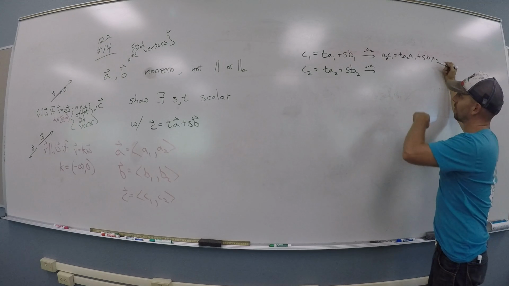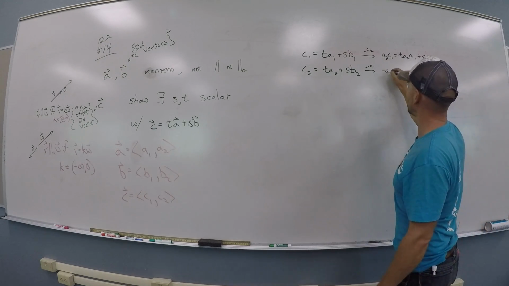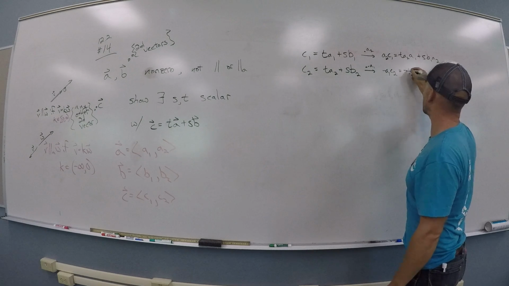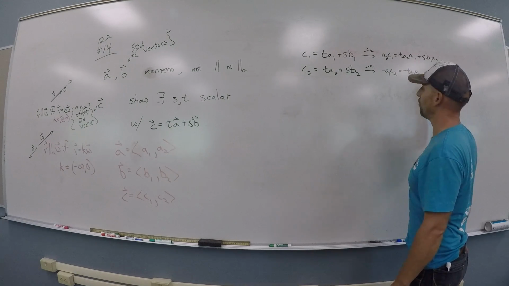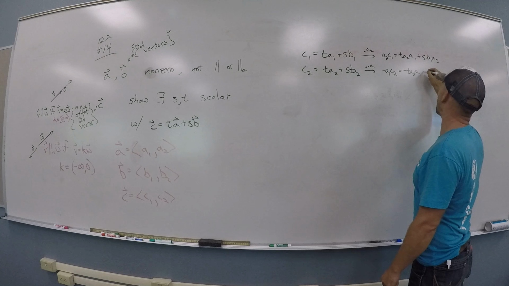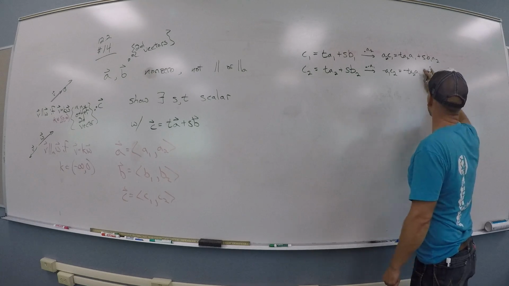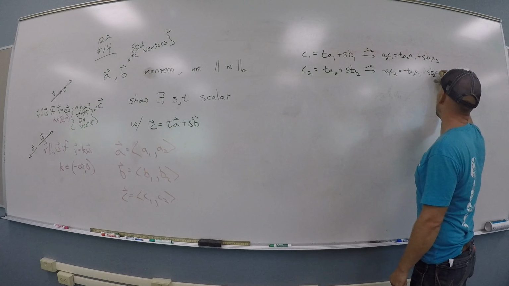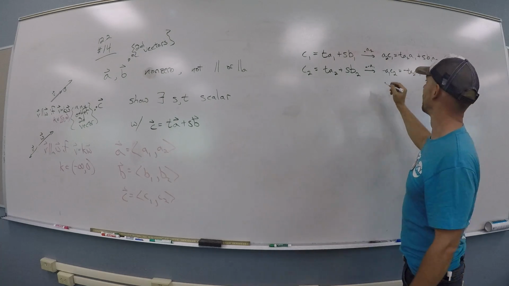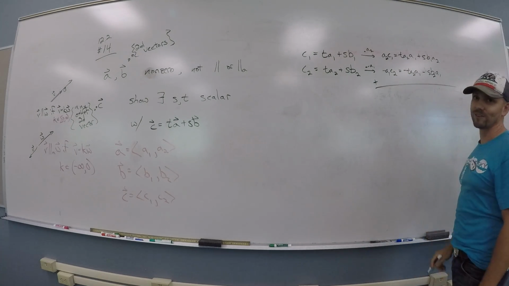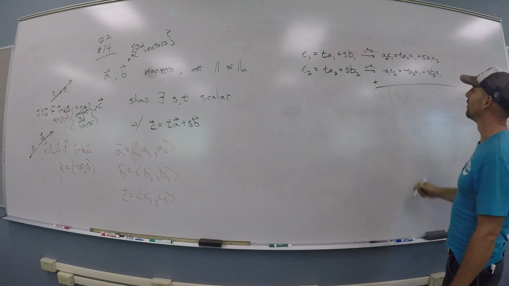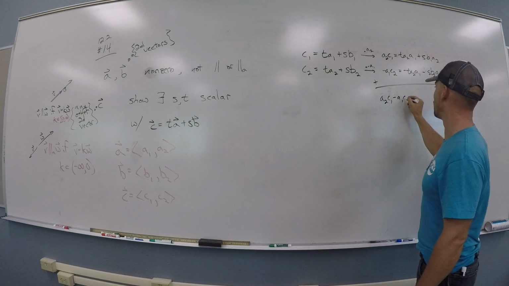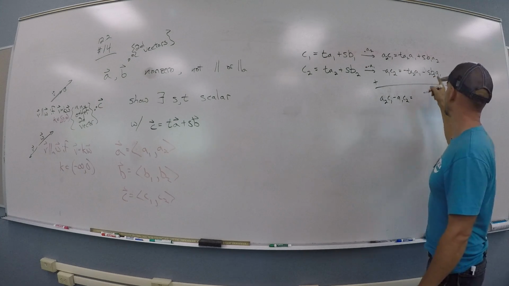And then on the other one, I'm going to get minus A1C2 is minus TA2A1. Oops, not plus, but minus SB2A1. I always forget that you can add equations together. I'm going to take these two equations and add them. That makes a lot of sense. Okay, once I add these two equations, I get A2C1 minus A1C2 is